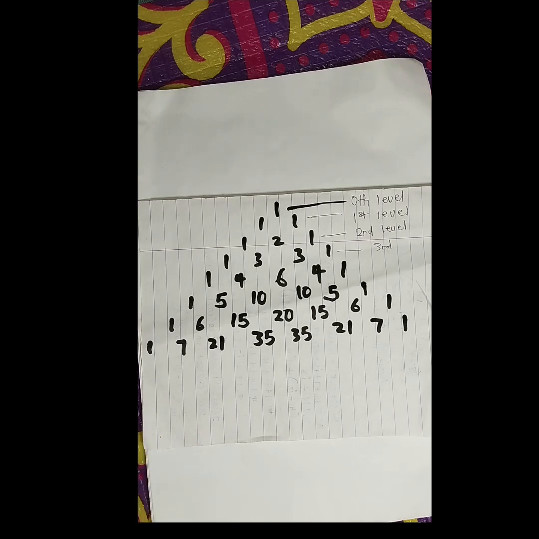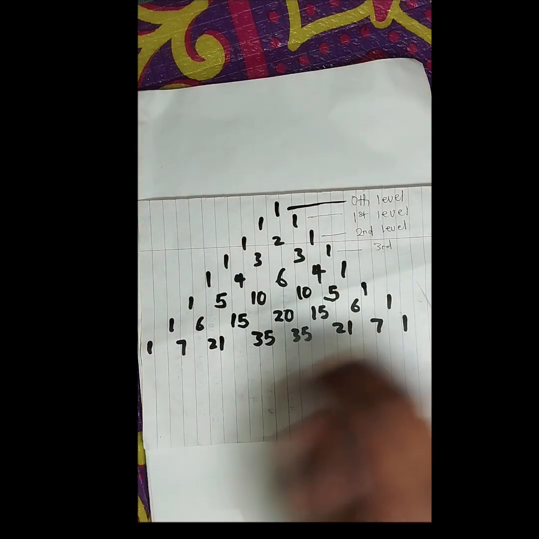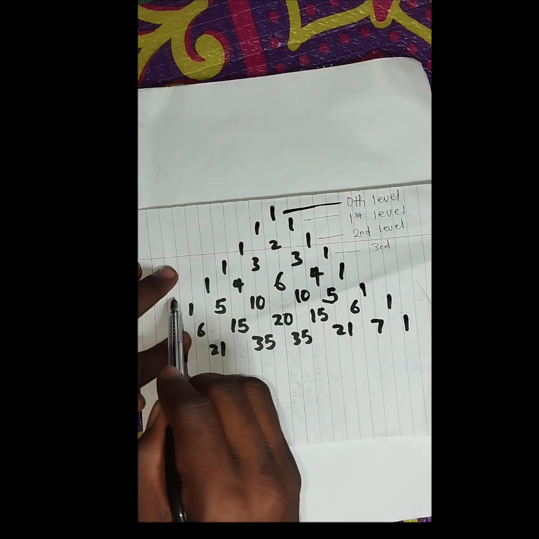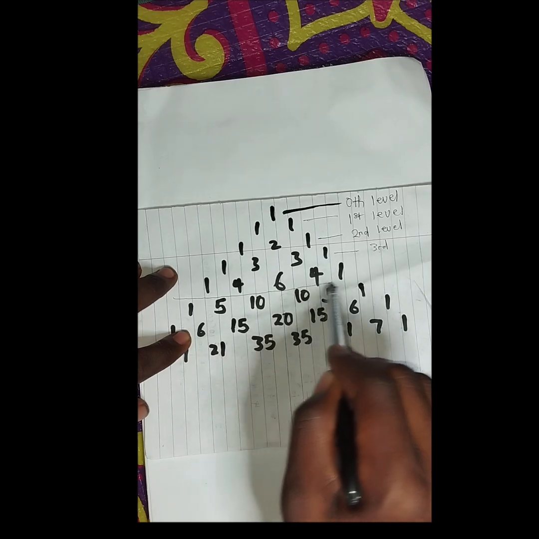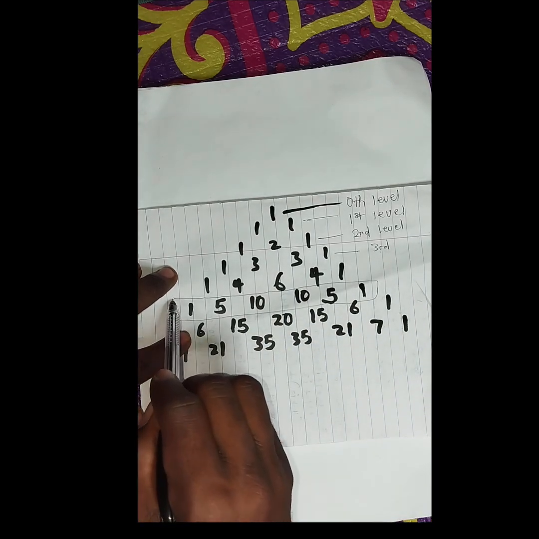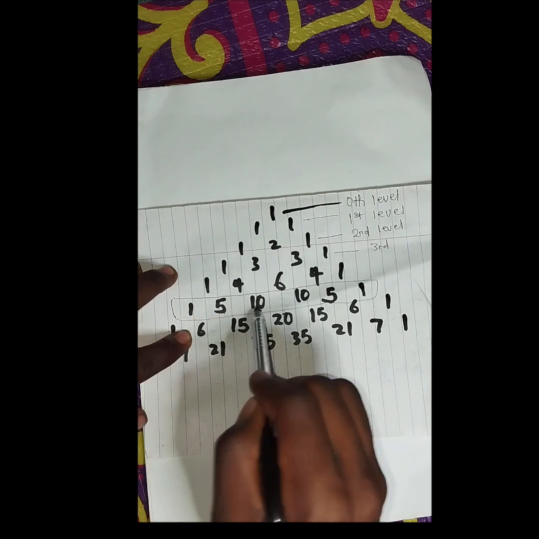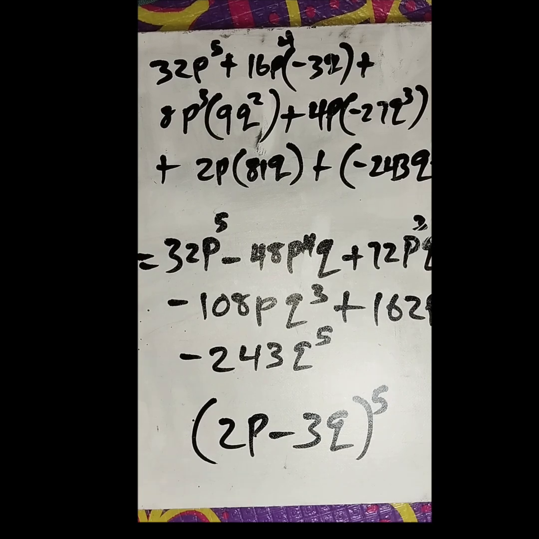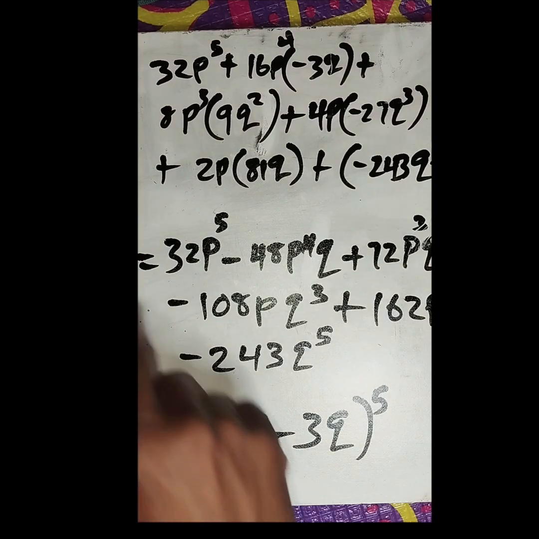Do you understand? So now, where is our 5th level here? This is our 5th level. This 1, 5, 10, 10, 5, 1 is our 5th level. So we'll be picking 1, 5, 10, 10, 5, 1 now. That's what we'll be distributing